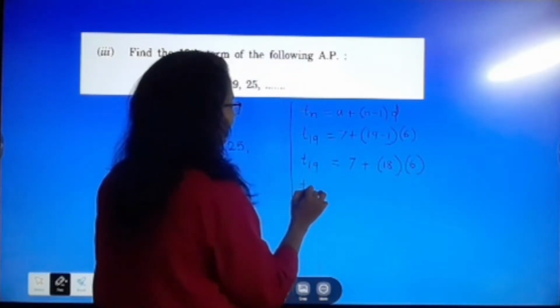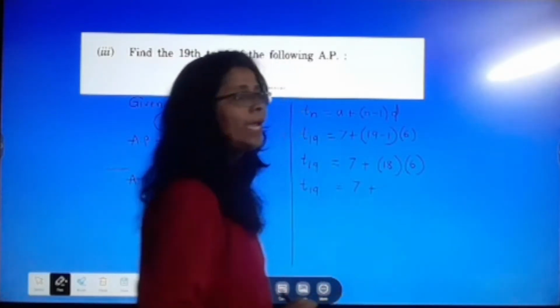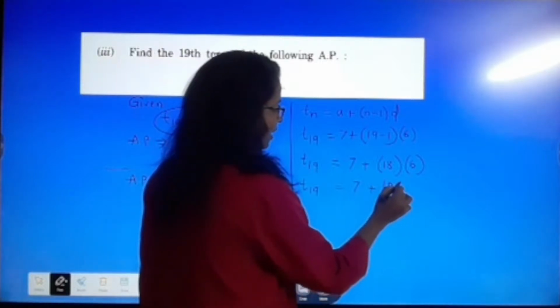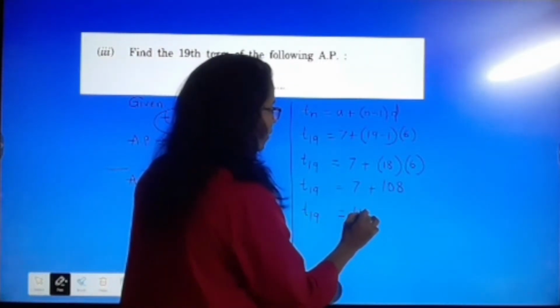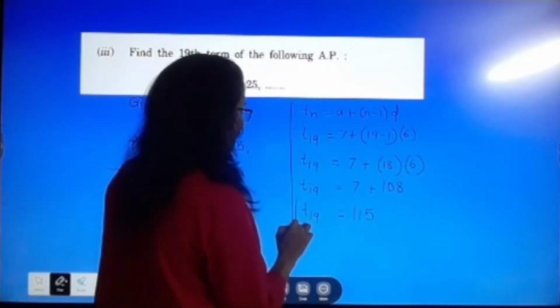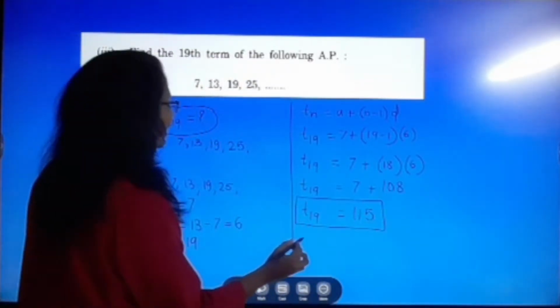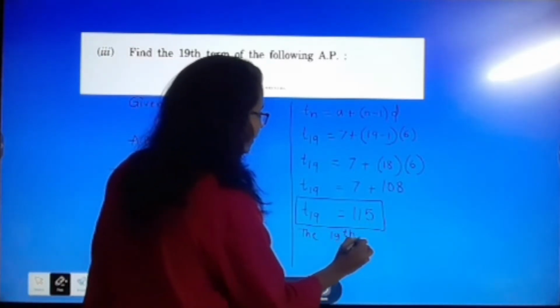So here T19 is equal to 7 plus then 18 6 are 108. Okay. So here T19 is equal to 115. Okay. 115. So here we write down the final answer, that is the 98th term